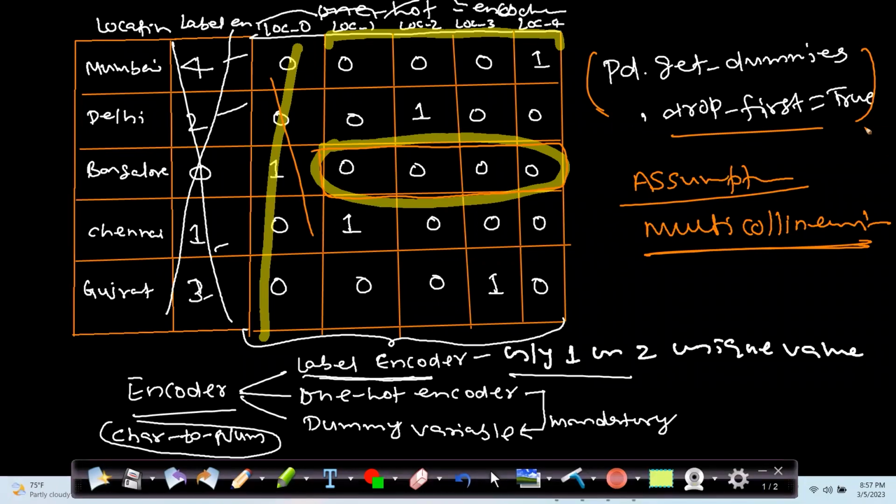Yes. Machines always think in numbers, right? They are not thinking about text. So that's why we are converting it to binary values and then predicting. It depends what type of problem you are doing. If you are doing just analysis, EDA purpose, don't do that. Just convert and then analyze it. But if you are building a machine learning model,